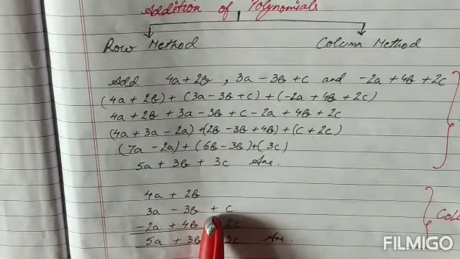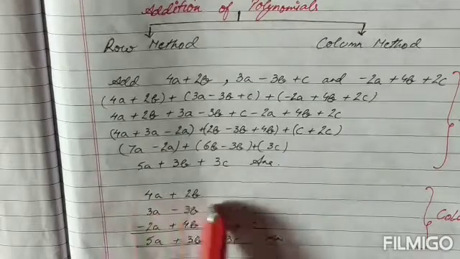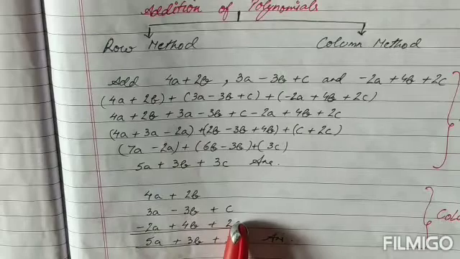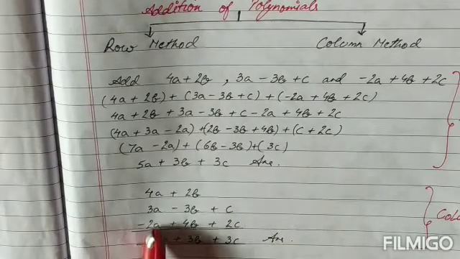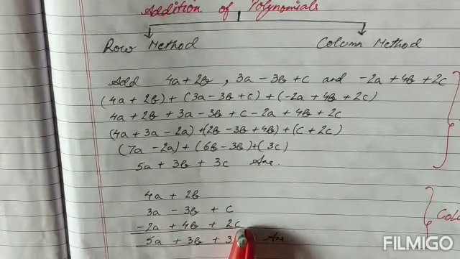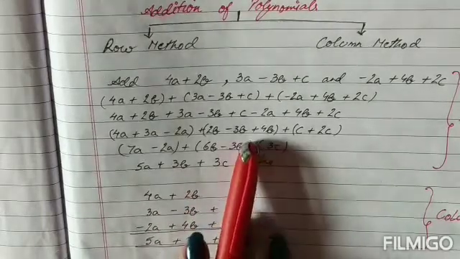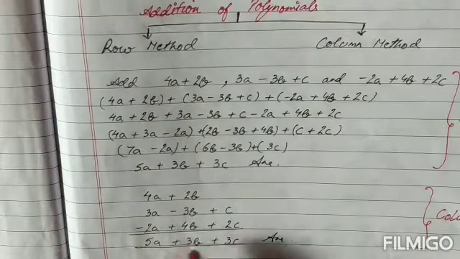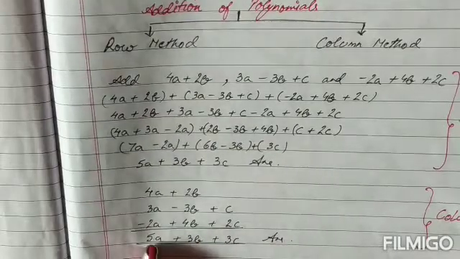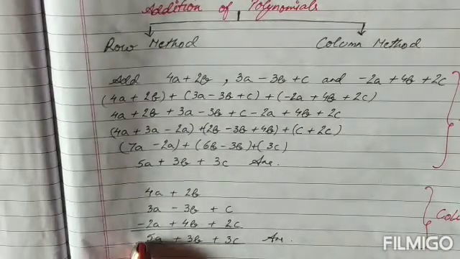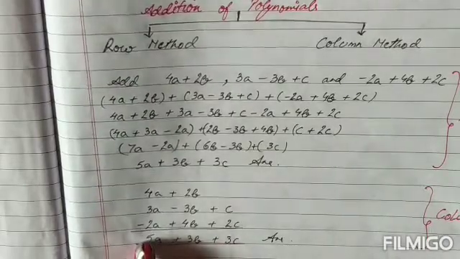Now plus c I have written separately, children, because in the first polynomial there was no c term. So it has to be written a little separately. Then I have written the third polynomial along with the signs that are given in the question. And then according to the integer rule, as we did for the first one, we are going to do it over here also. So the answer comes as plus 5a, plus 3b and plus 3c. Now if there is a plus sign over here, you don't need to mention that, that is understood.